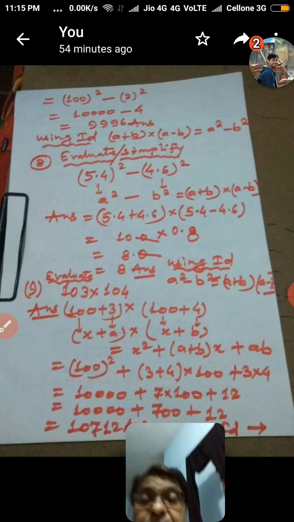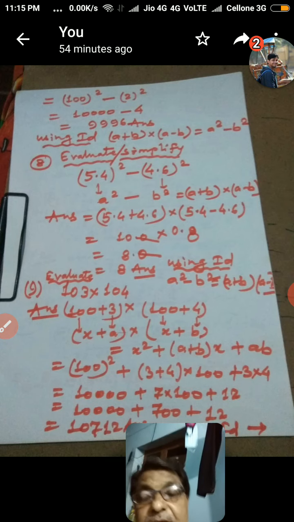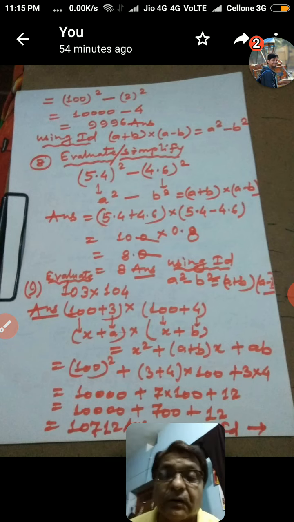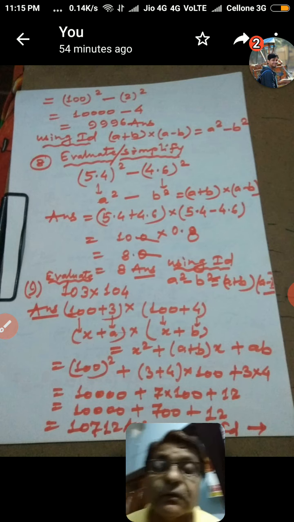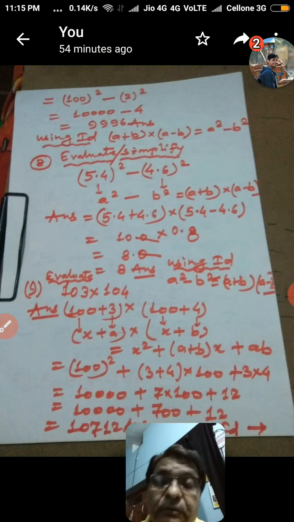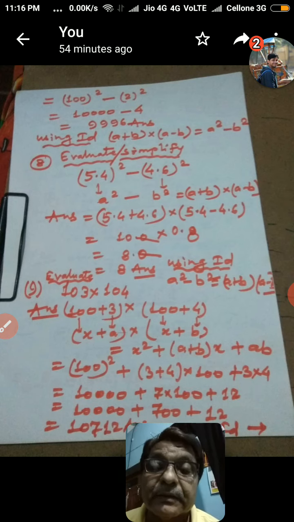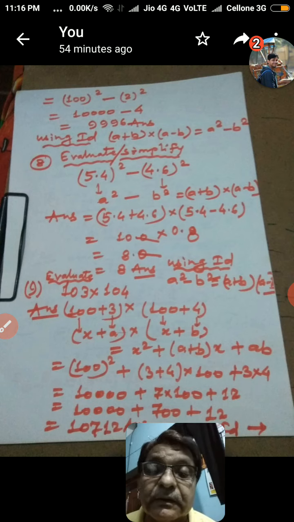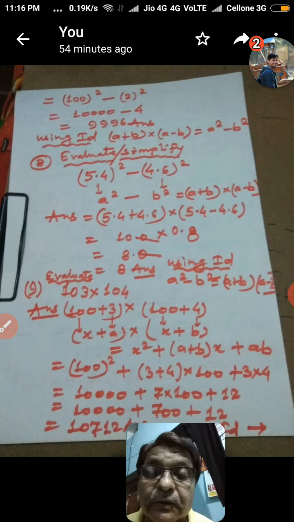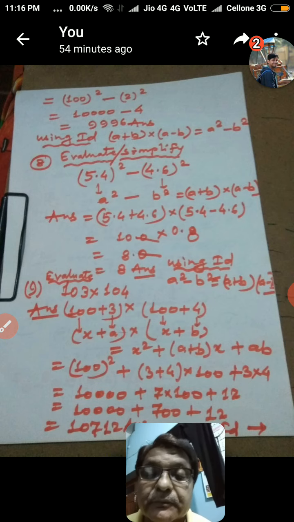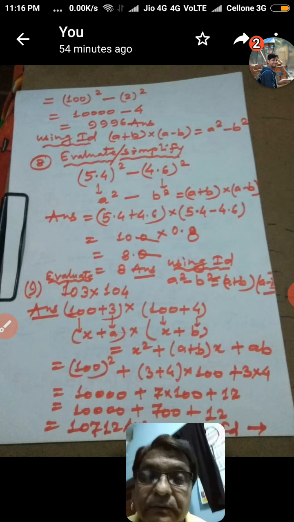Now some confusion may be there in some students: why, sir, and how can we decide this is not in the form of (a plus b) into (a plus b)? Of course, this is the point to note here: our form of question is (a plus b) into (a plus b) only if both the brackets have the same term, as 100 plus 1 in one bracket and again 100 plus 1 in the other bracket. Then we say that it is (a plus b) into (a plus b).